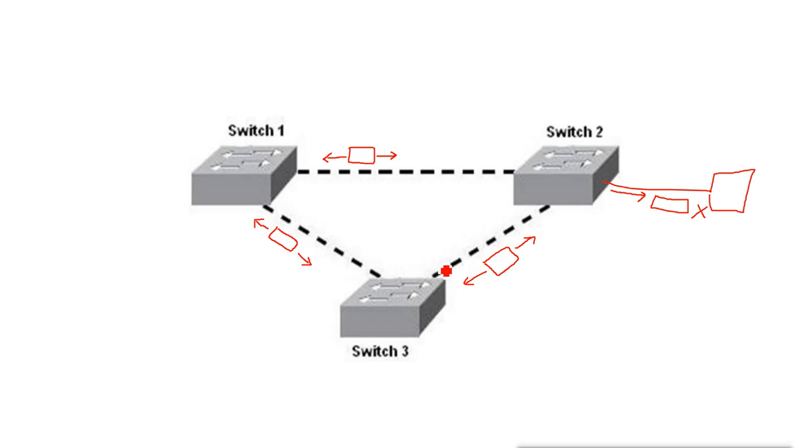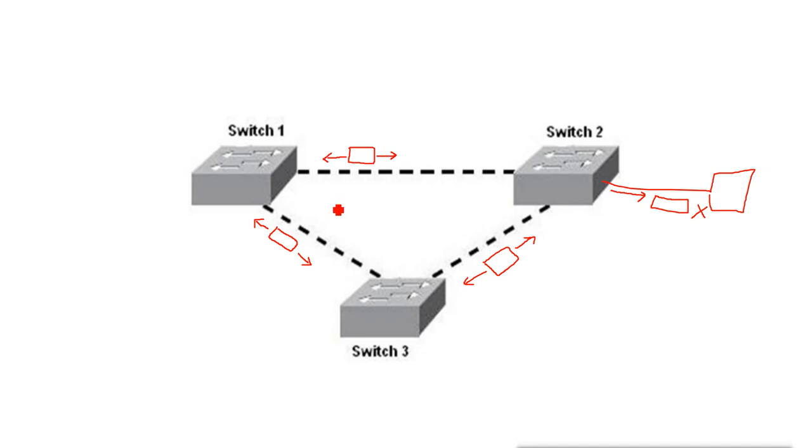So how to reach the root bridge? They will decide how to reach the root bridge, and based on that they will create the topology decisions. So basically they decide which will be the root bridge. Now for selecting the root bridge, they use the bridge priority. Now what is the bridge priority?